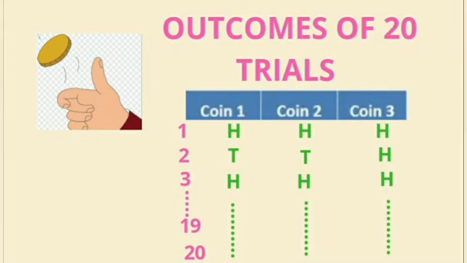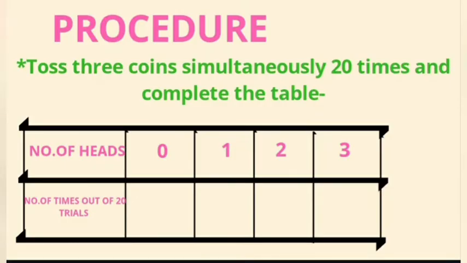So if I have written over here, you can see that 1 to 20 are the number of trials, and then we can simply note down the outcomes that we get. So it can happen, for example, in the first trial you get all heads, then in second you get 2 tails and 1 head, and in the third it can happen that you again get 3 heads over here, because it is an experiment and outcomes can be repeated. Then you will obviously complete the table using the sample space that you have got, and then you will write the cases in which you are respectively getting 0, 1, 2 and 3 heads and complete this table.